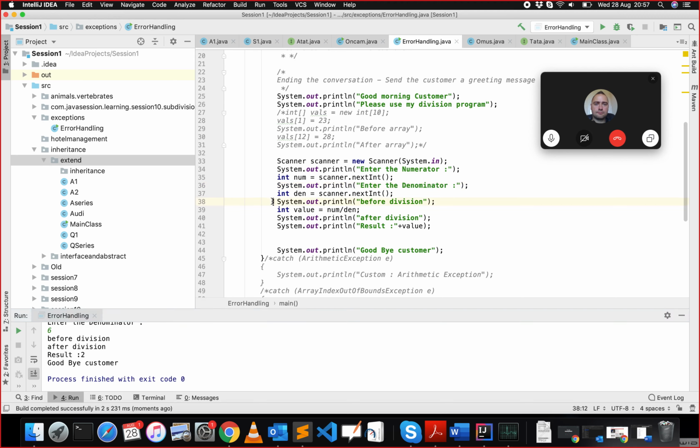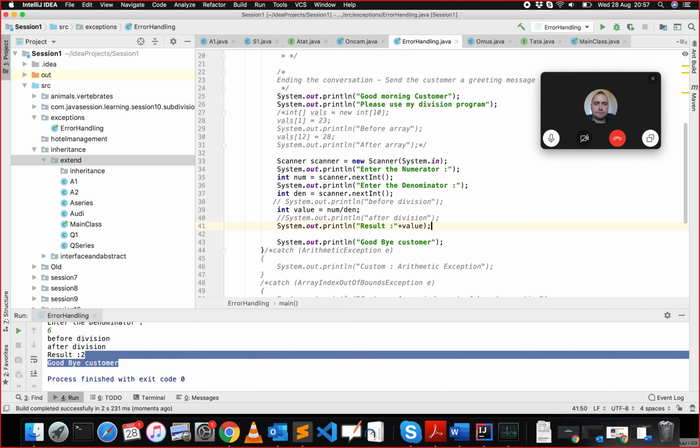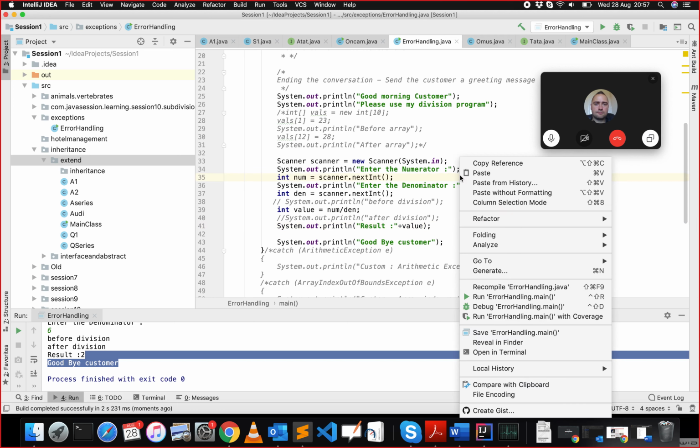Before division, after division printout is also there, but don't worry about it. I'll just comment on this one. Now in the end, what we got is the message goodbye customer. Everything is well and good. So the user has got a message. But if something goes wrong,